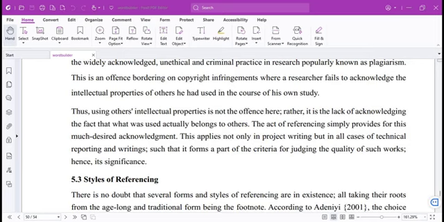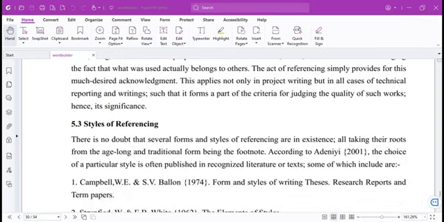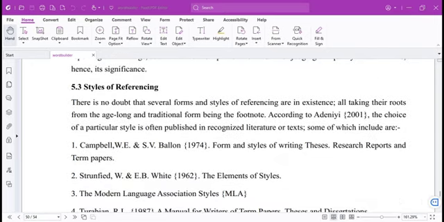Okay, we move over to styles of referencing. There is no doubt that several forms and styles of referencing are in existence, all taking their roots from the age-long and traditional form being the footnote. According to Adeniyi 2001, you can see a kind of reference. This person is being acknowledged right now. According to Adeniyi 2001, the choice of a particular style is often published in recognized literature or text, some of which include